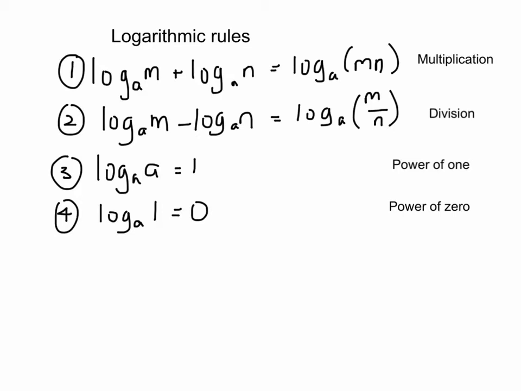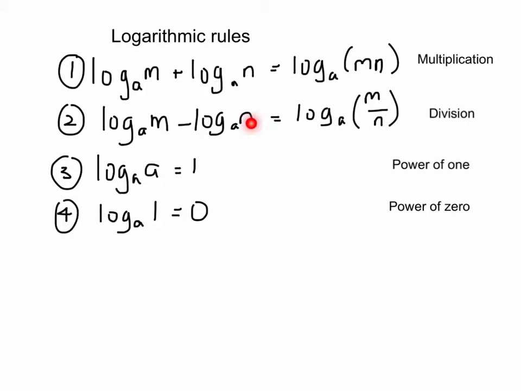Okay, so here are the first few log rules. The first one I call the log rule of multiplication, and that's because you can multiply these two and they split into the sum of the logs of m and n. The next one I call division, because you divide m by n and you can split them into log m